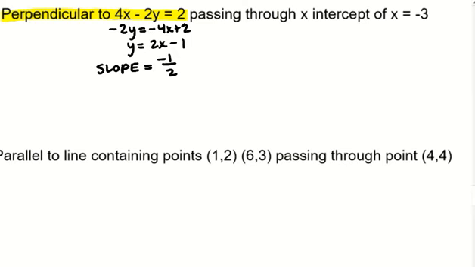And passing through x-intercept of x equals negative 3. Okay, well what that means is that the point negative 3, 0 is on the graph of the line. Right, if we have intercept of x equals negative 3, that is the point negative 3, 0. So I've got a slope and I've got a point. So again,